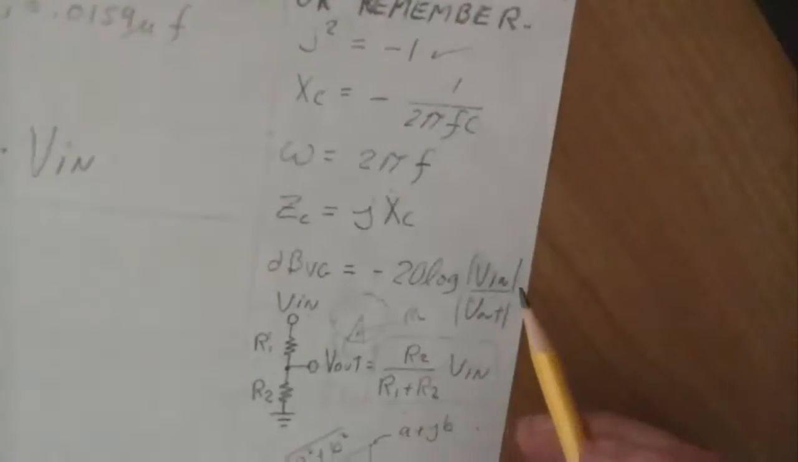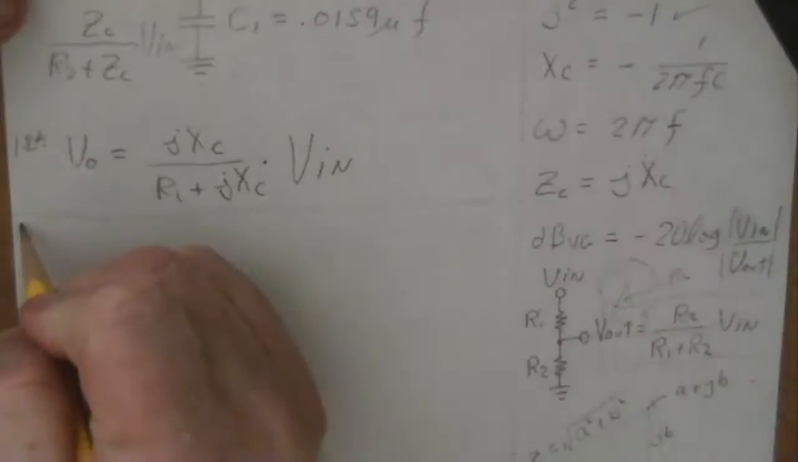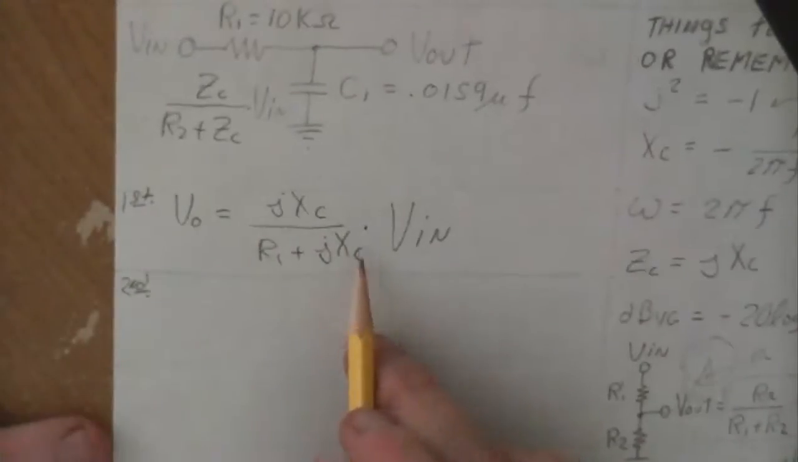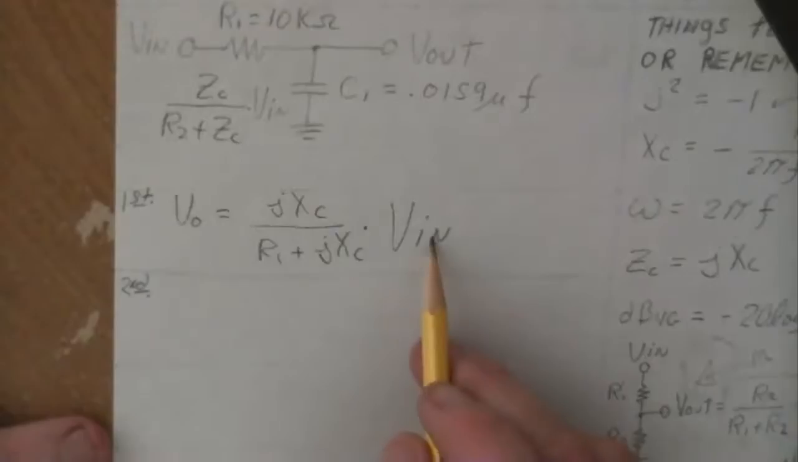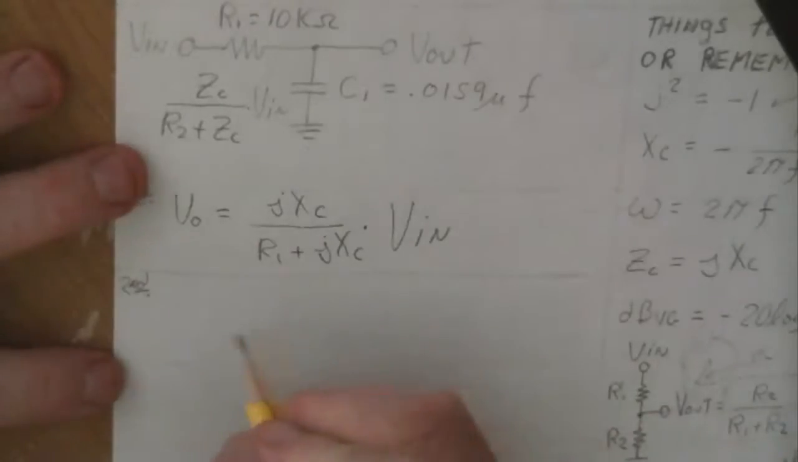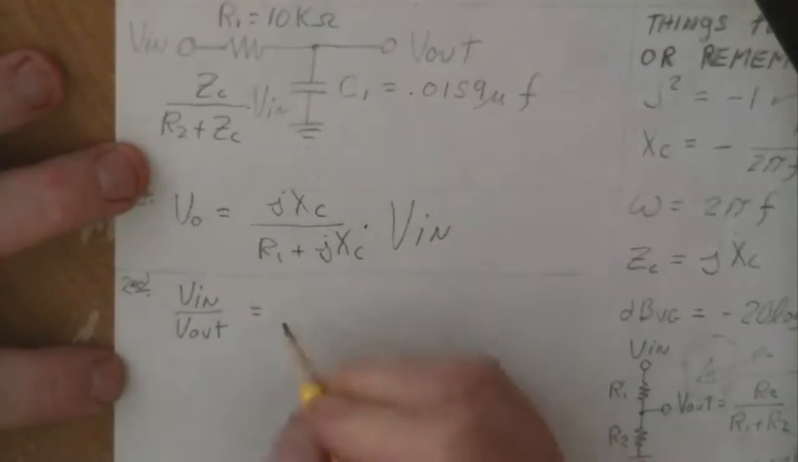But what we're interested in is Vn over V out, and ultimately, of course, the absolute value of Vn over V out. But first, before we find the absolute value, the second thing is to rearrange this equation, and I will take the output and divide it, put it over here, and then flip this over and put it over there, and what you end up with is Vn divided by V out equals 1